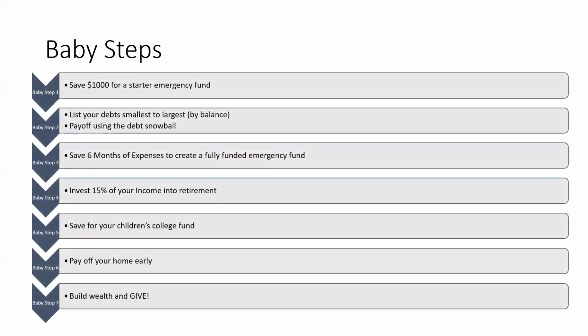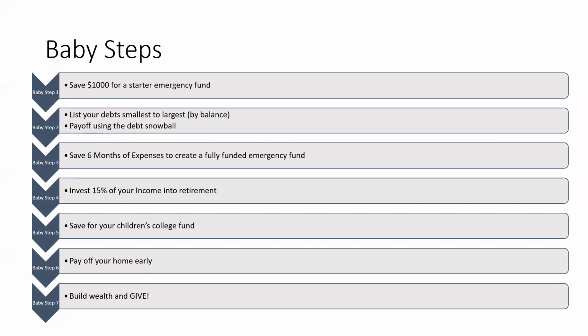I did mention Dave Ramsey's baby steps in the first and second video, but I think now that we have some graphic illustration, we should go over those. So Victor's first step is going to be saving $1,000 for a starter emergency fund. Again, when we actually go through the budget, we will detail that. In baby step 2,